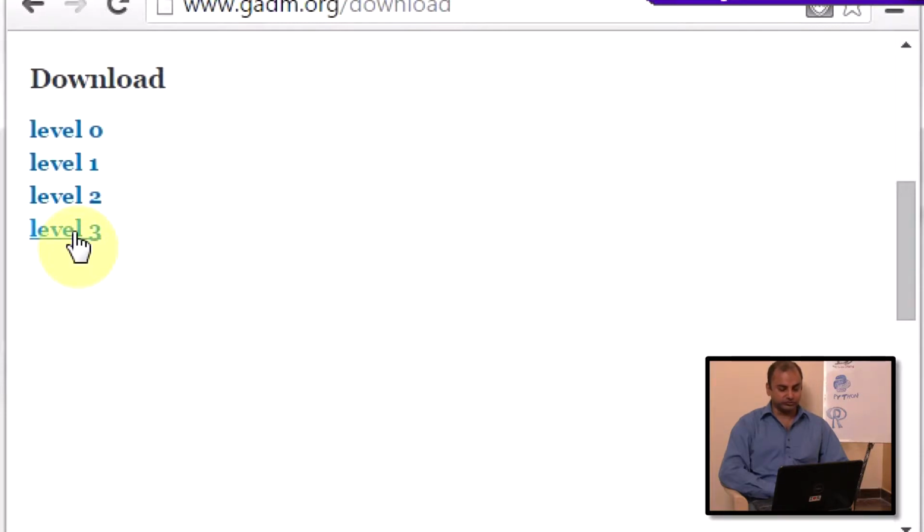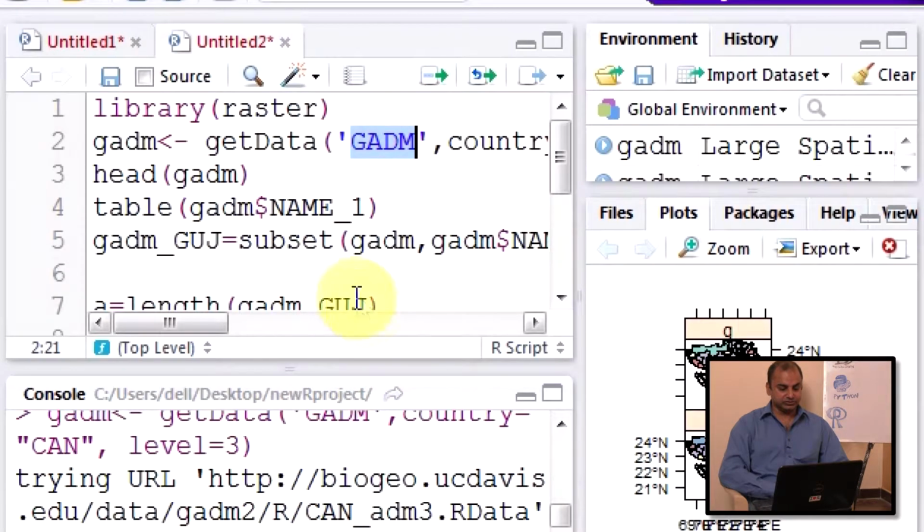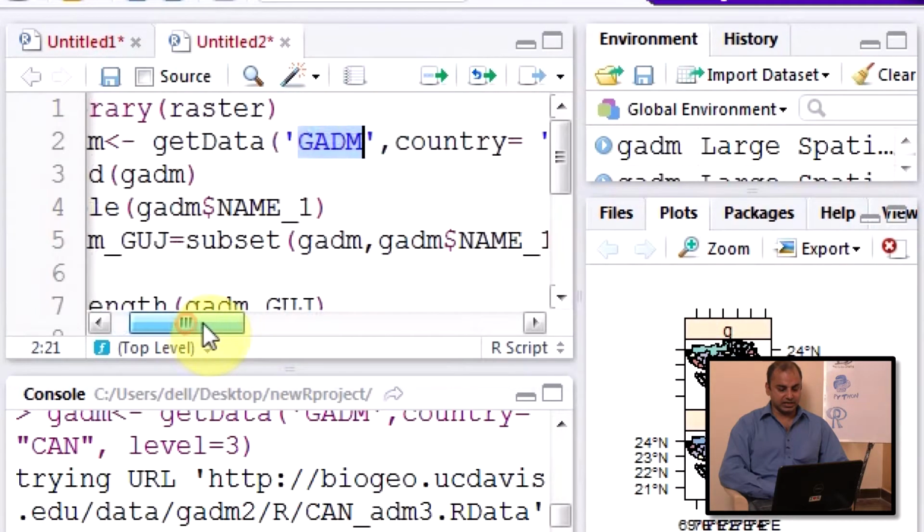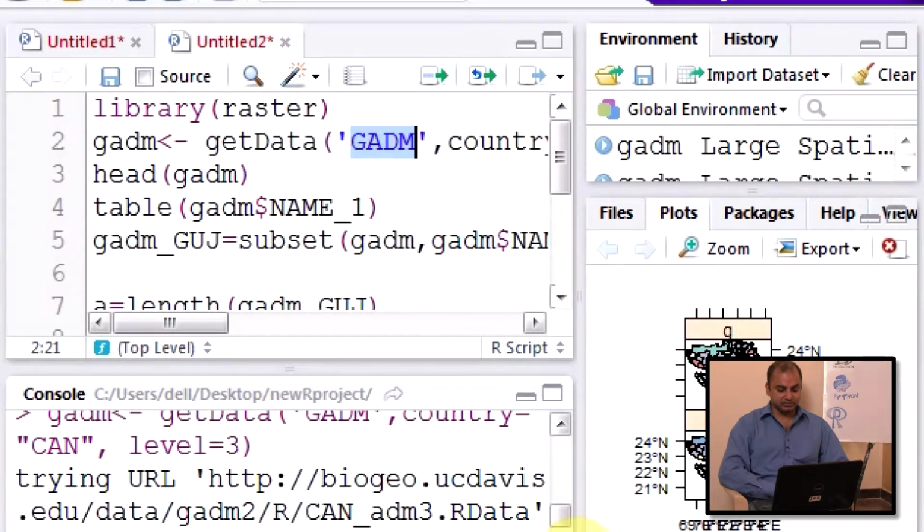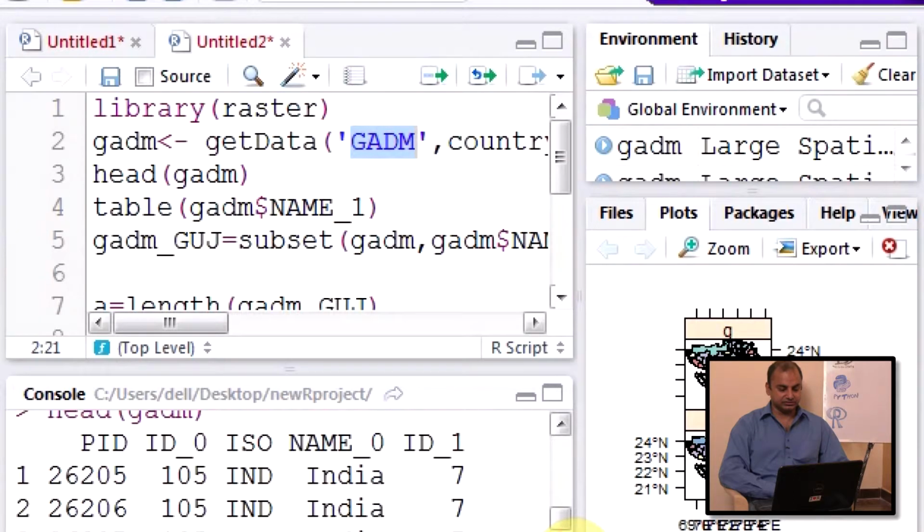So when I do this, look at the URL: biogeo.ucdavis.edu data GADM2. So this function is just simply constructing the request for the GADM package, then country, and the level is 3.